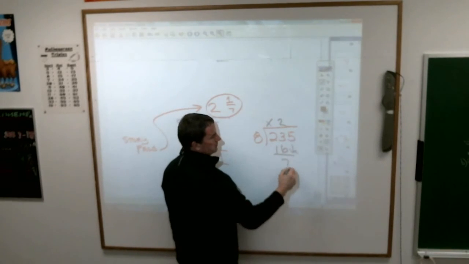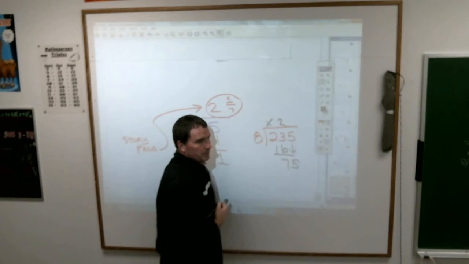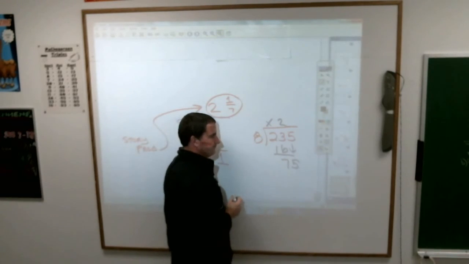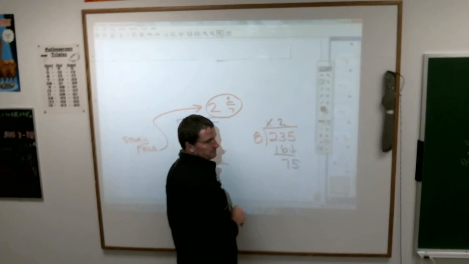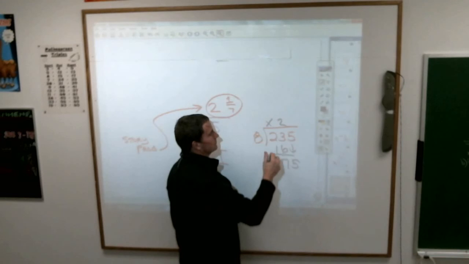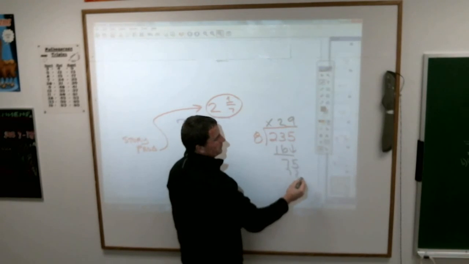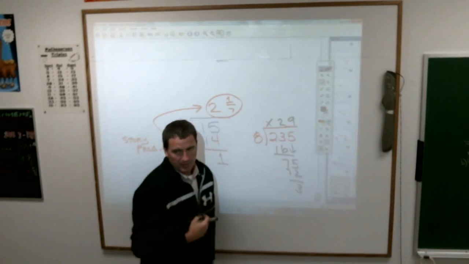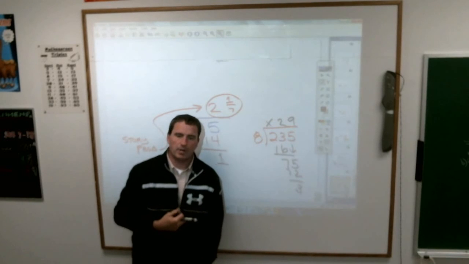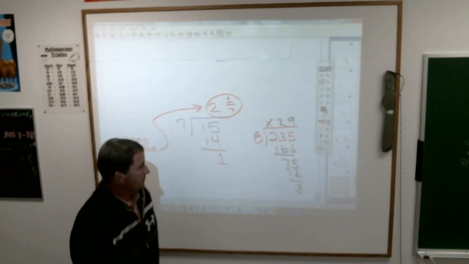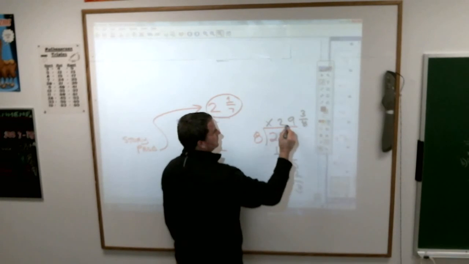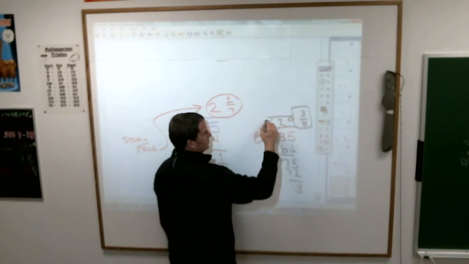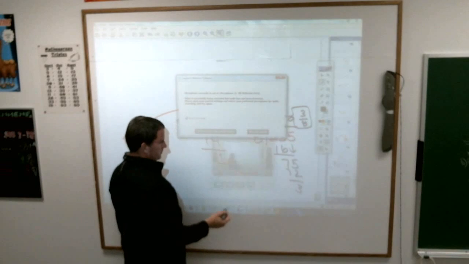Subtract, bring down. 8 goes into 75 how many times? Brooklyn? 8 goes into 75 how many times? 9 times. Which is 72. And then rather than having a remainder of 3, I want to write that as a fraction, maybe as 29 and 3/8. So that's